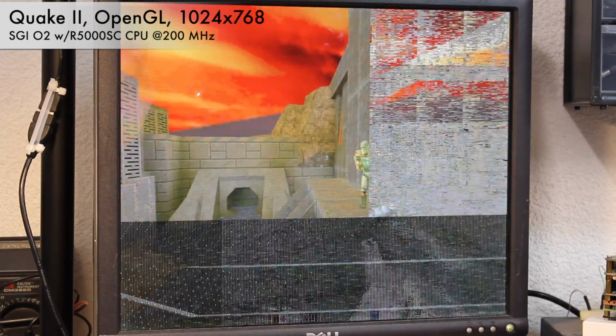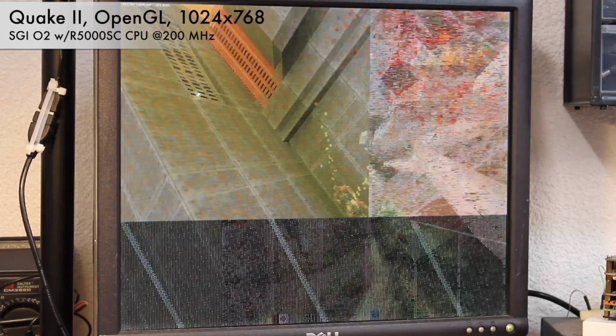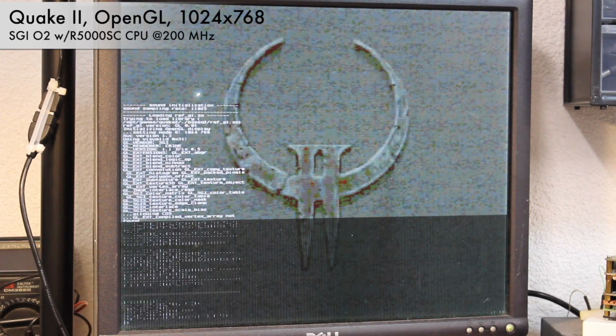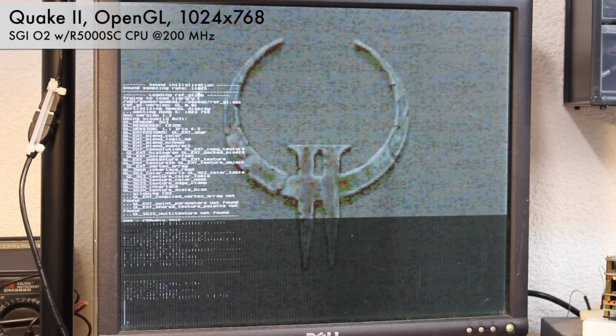Still this bloody screen distortion, why is that? I would need to rerun this to see if it is just some random hiccup or reproducible. Anyways, the